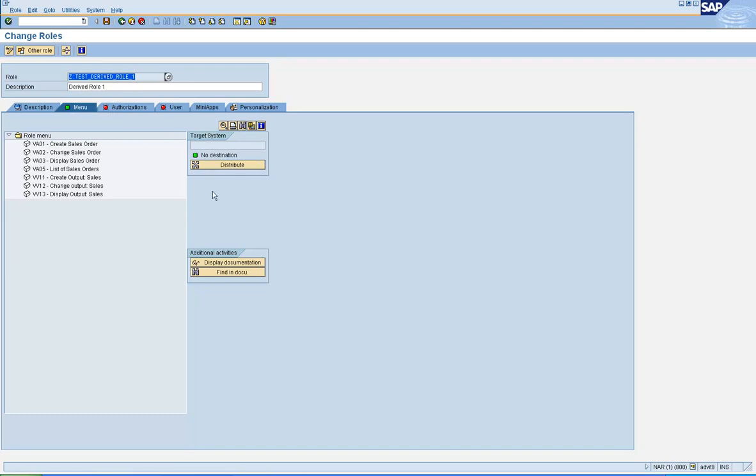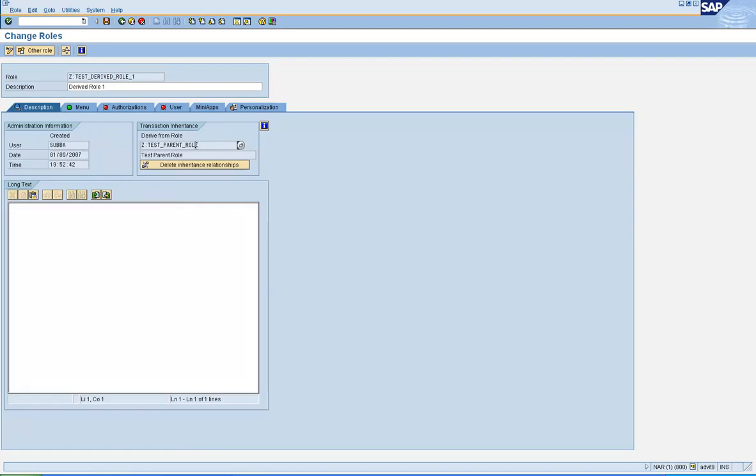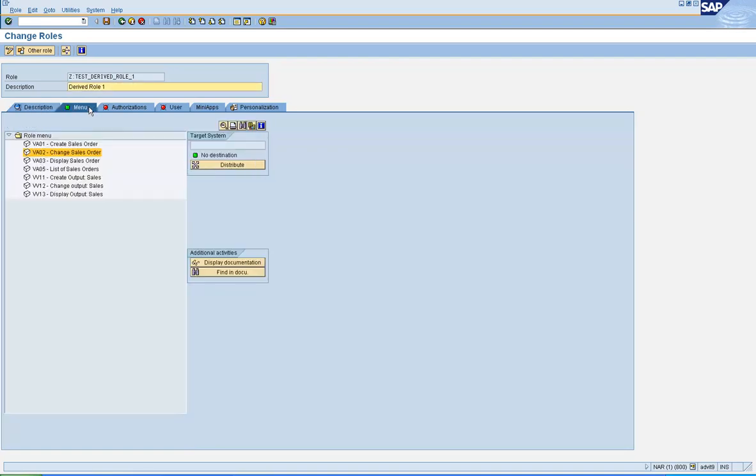Also, like in single role, you have all those buttons for entering the reports and web links and the various ways of building the roles. All those icons are not there anymore. So this derived role is now dependent on the parent role. Now technically you can delete a transaction code from the role by selecting the transaction code and hitting the delete key.